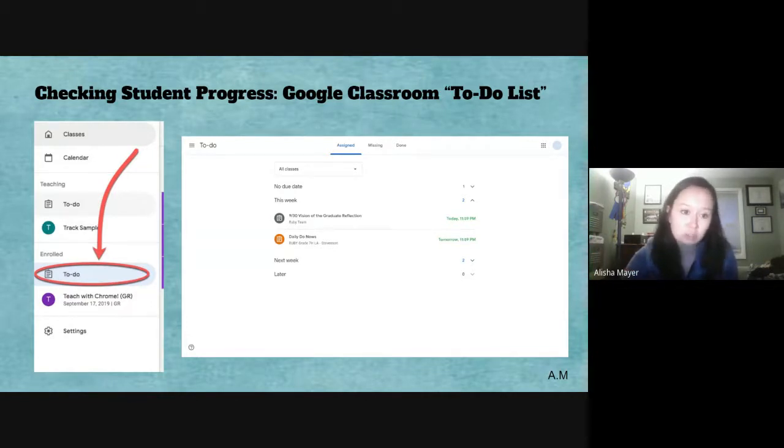They can also filter it using the drop-down box where it says all classes. So if you're just curious about a specific class like Spanish, it can be filtered out that way. And you also have this other little tab that says missing. So that's also a really great tab to look at, in case students have missed school, or if you're curious about a PowerSchool grade and you see that an assignment is missing in PowerSchool, you could probably locate it here in Google Classroom as well to see what the assignment looks like.